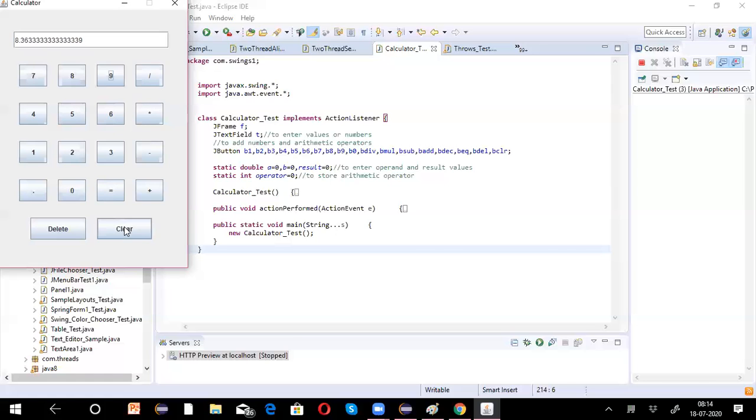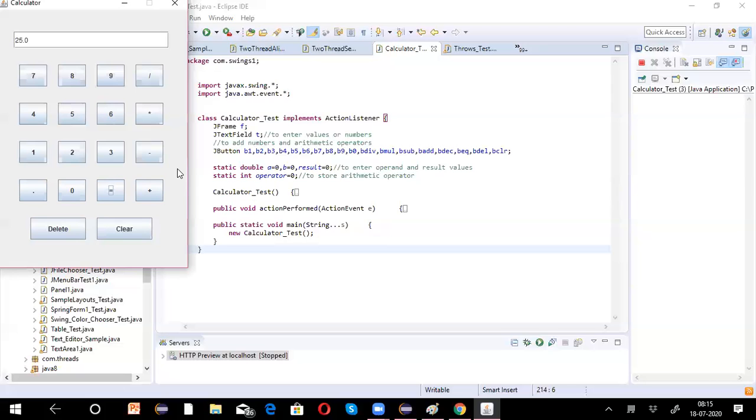Instead of modulo, 9 divided by 3 equal to, it is 3.0. Randomly, I mean the text was not cleared properly. Okay, so clear. Now 50 divided by 2, which is equal to 25. Okay, so you can work out this.